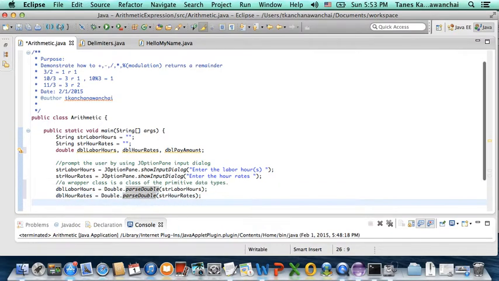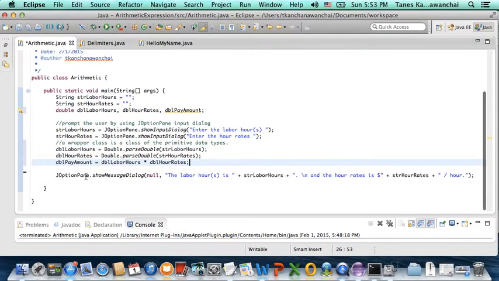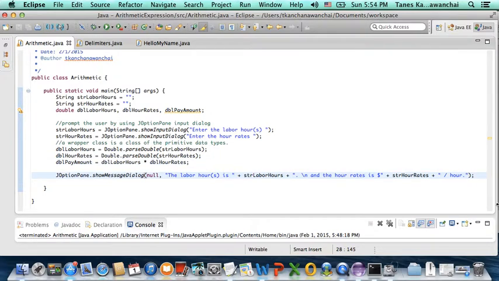Alright, so we should get the two numbers and create a mathematical expression, an arithmetic expression, to calculate the pay amount, which is going to be double labor hours multiplied, using the asterisk, with double hour rates. Alright, so we get the double pay amount. Then we can start to concatenate this. Pretty much just put a new line and say,